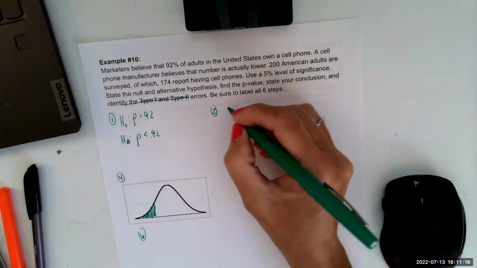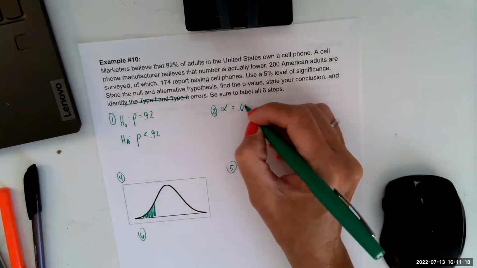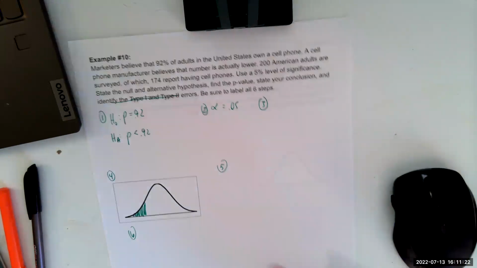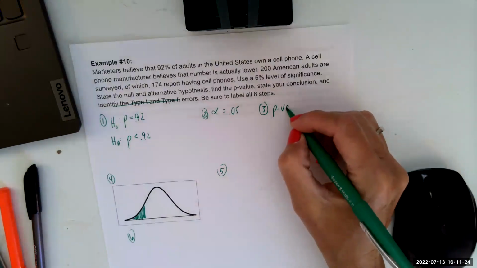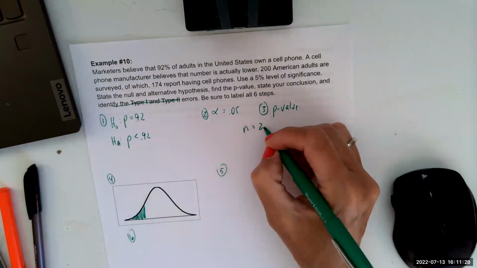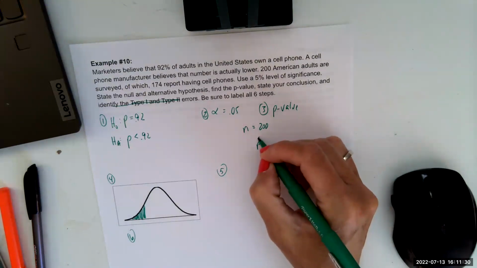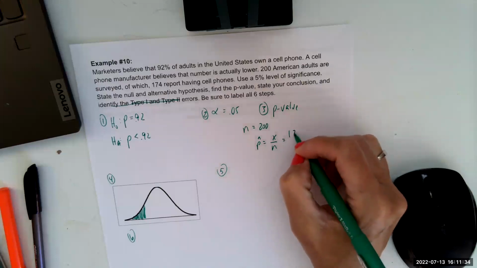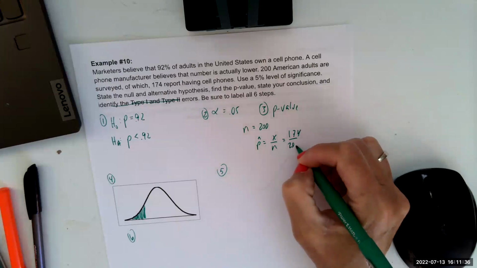Okay, and we're going to compare. It says alpha is 0.05. And step 3 is our p-value calculation. And so we're going to need our n is 200 and our p hat is x divided by n, and they said 174 out of the 200